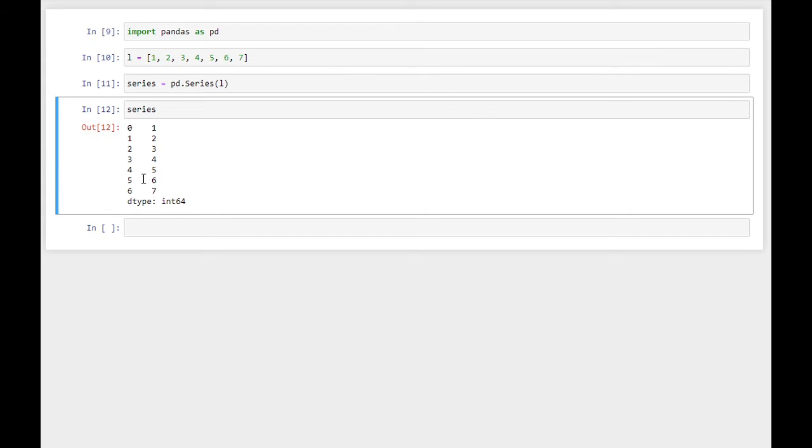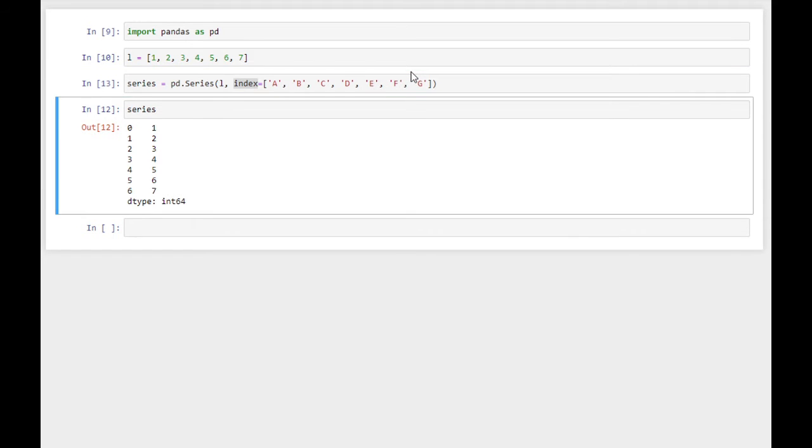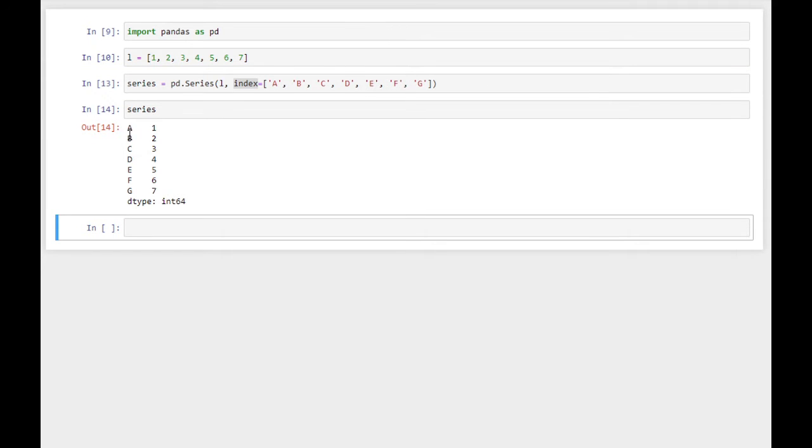We can pass our custom index by passing the additional argument index. Here I have passed a list of indices that I want as the index in this Series. So now my index is taken from this list.